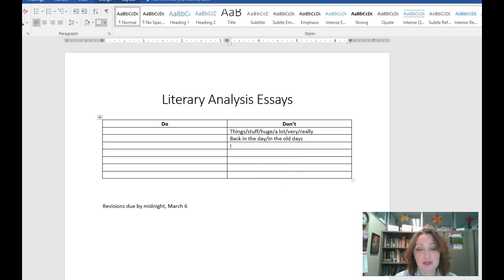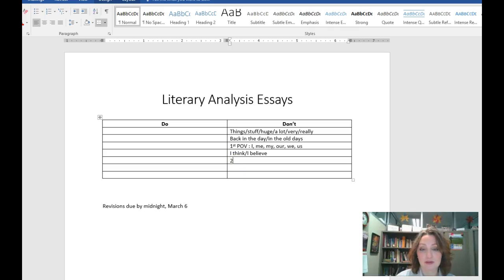I want you to remember to get rid of your personal pronouns. So first person point of view is I, me, my, our, we, us. Don't put phrases like I think or I believe. Though you do think and you do believe, because you are the author of this essay, we feel when we read it that all of these thoughts and all of these analyses are yours. So there's no need to put I think or I feel. It just tends to puff up or cloud your sentences.